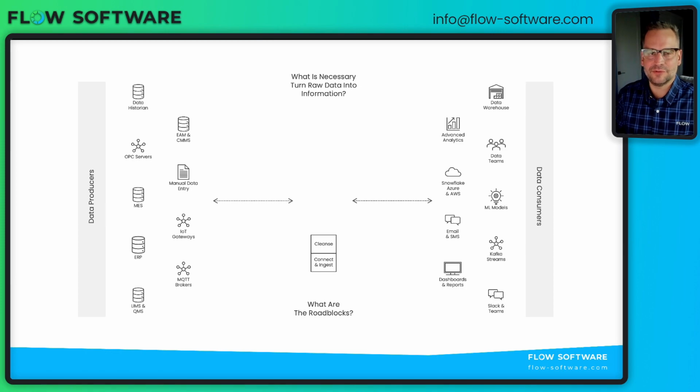The timestamps don't ever line up. The underlying data infrastructure may not be there. I might not even have a license that makes it easy for me to access some of these systems. But once we do have that access, then we have to compare that data to one another, cleanse it, remove the outliers, remove the bad quality, and then begin to add context. Looking at data from one system and comparing it to the state of a process that has been recorded in another system, for instance. Then we can perform calculations.